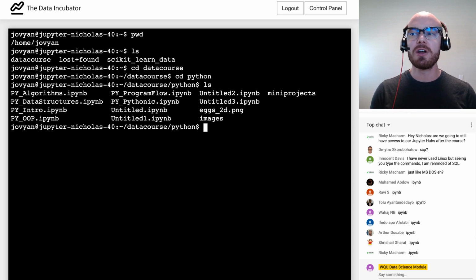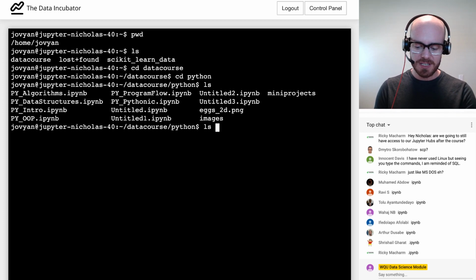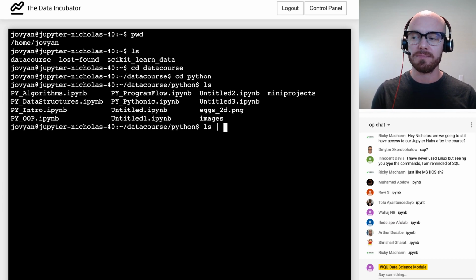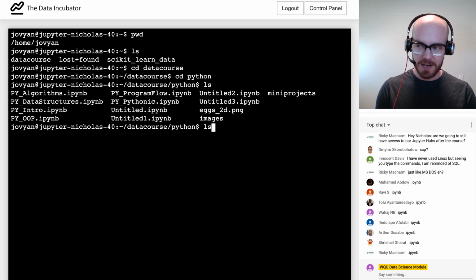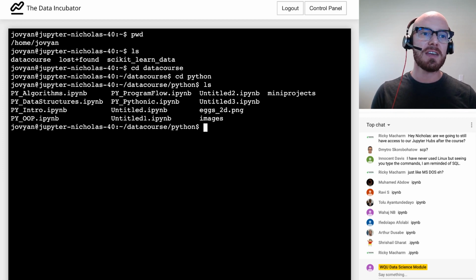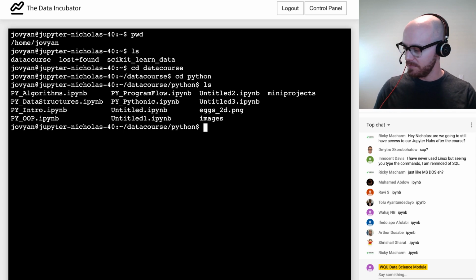Another really interesting part of using Linux is you can chain commands together using this pipe operator. You can almost think of it as when we're doing Python, sometimes we use that dot and then add another method after it. Well, this could be a similar kind of chaining.